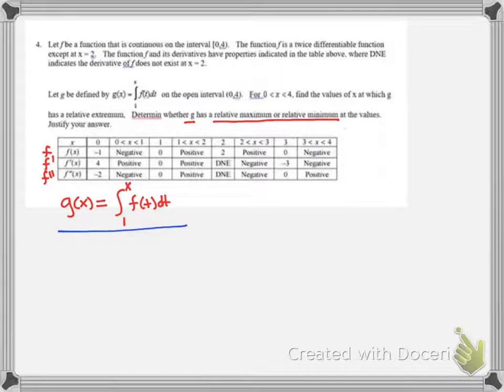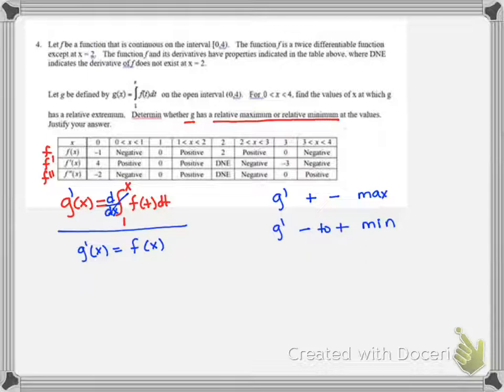And so at the very beginning of our module, we talked about we could decide where something has a max or min when its derivative, g prime, changed from positive to negative. That would be a max. And when g prime changed from negative to positive, that would be a relative min. And so we need g prime, so we need to take the derivative of g. So we'll take the derivative of this integral, and we'll see that g prime of x is really